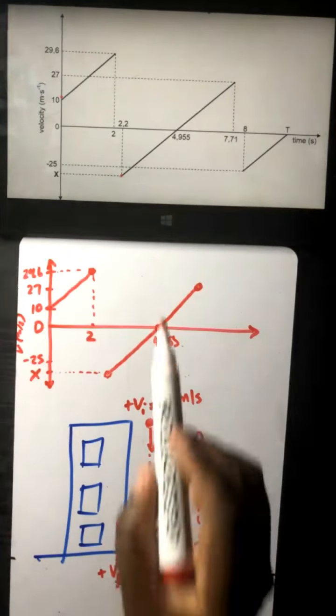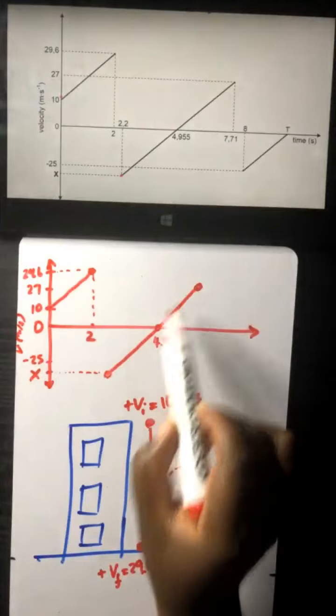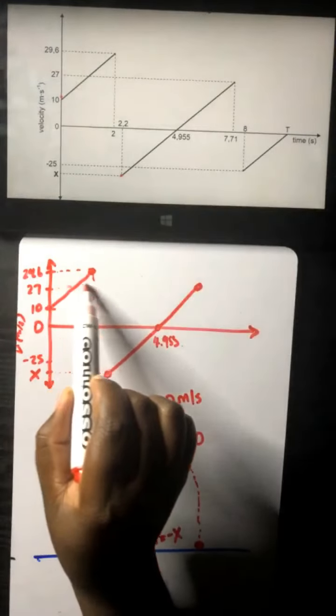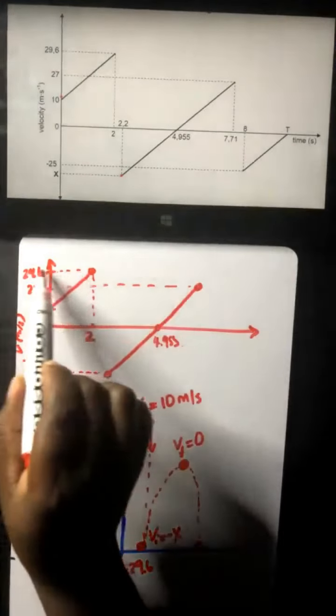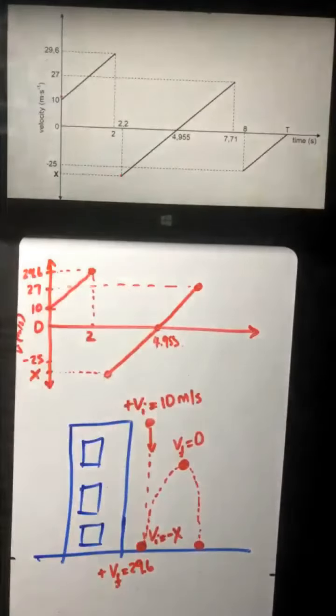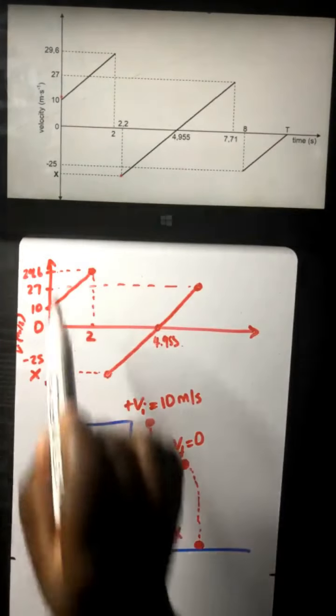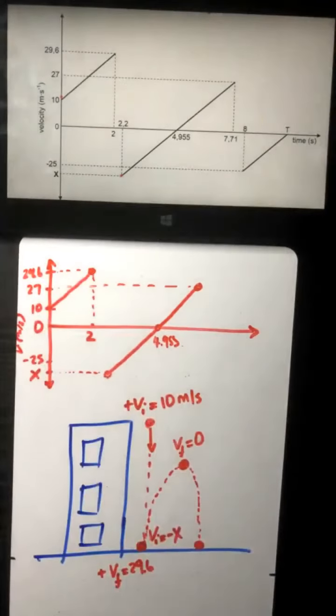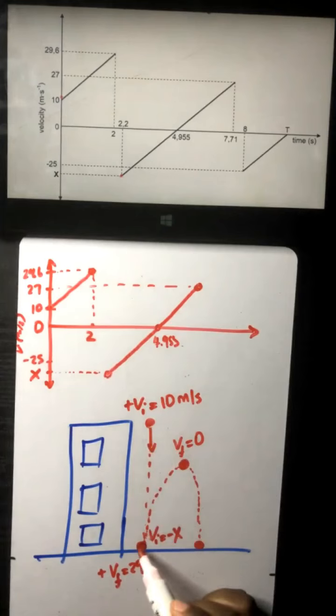So that is the reason why that line ends somewhere there, just below that velocity, which means it's just an indication that after it hits the ground at that velocity, as it